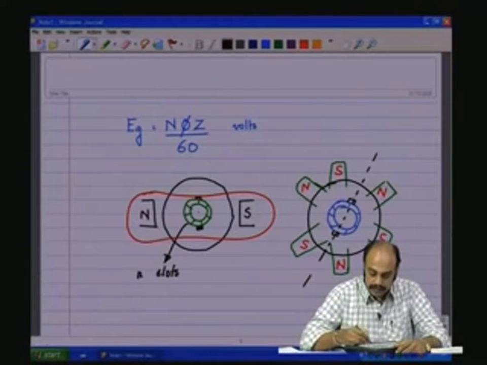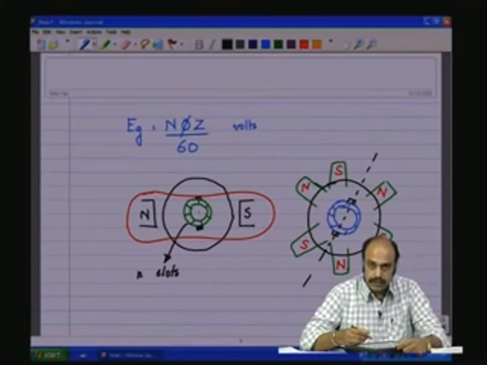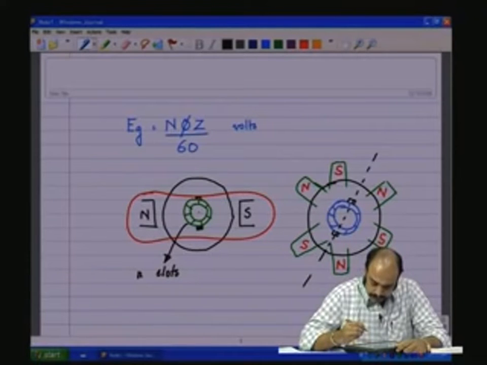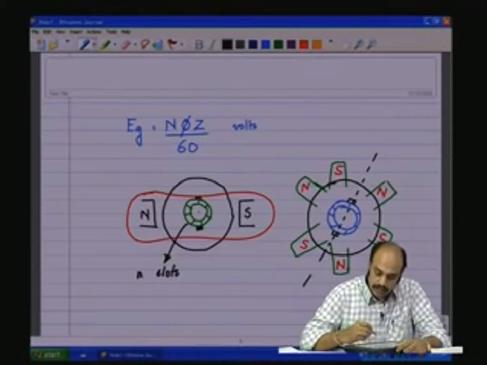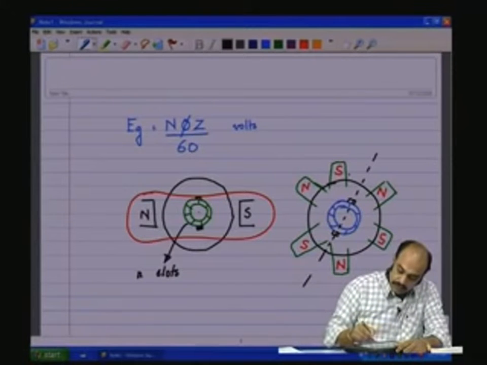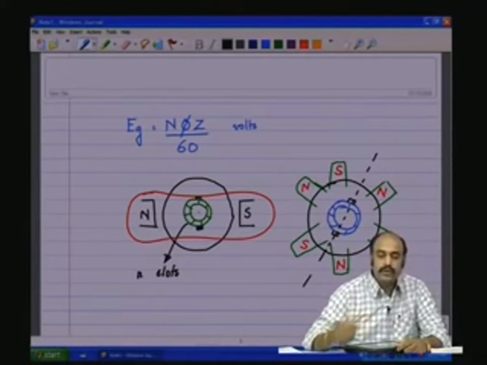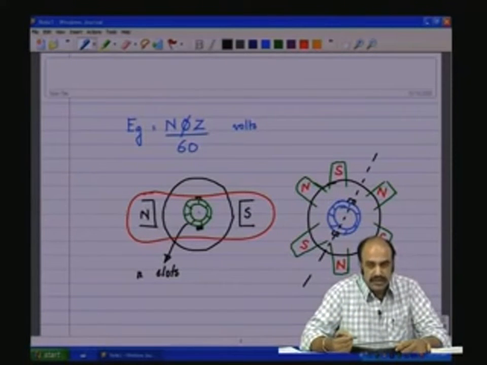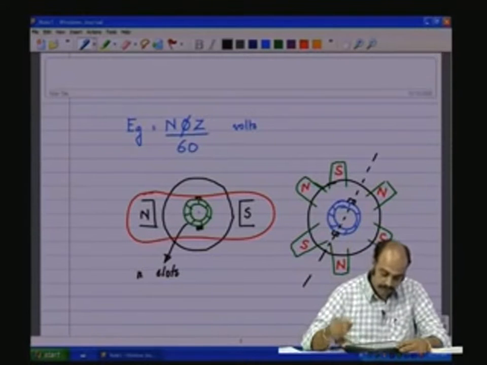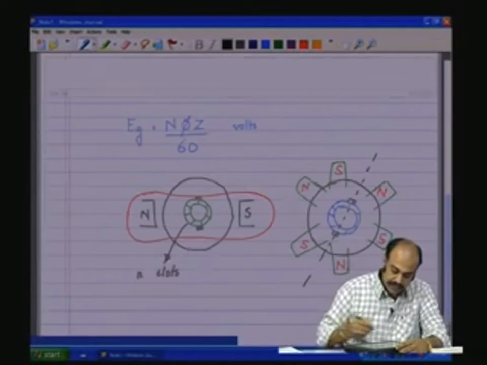That is where you will get zero voltage induced onto the coils, and therefore the brushes have to be placed in the neutral zone. Now here you have three pole pairs, and therefore to incorporate also the finite number of pole pairs, which need not be always one, the modified equation